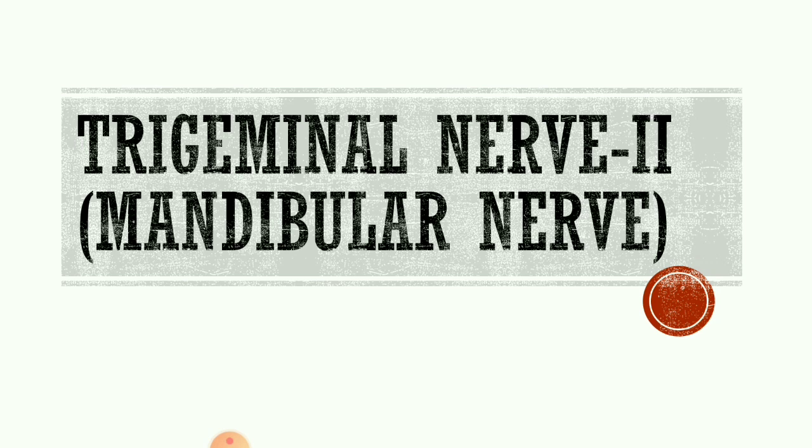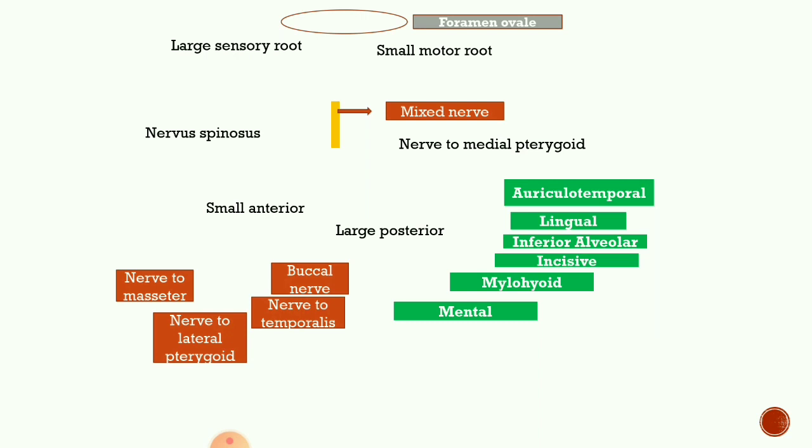So, let's move ahead. As we have seen before, the mandibular nerve consists of a sensory root and a motor root. The sensory root comes from the semilunar ganglion, whereas the motor root emerges from the pons and medulla oblongata straight away beneath the ganglion, and it exits the skull through the foramen ovale along with the sensory root. Now seeing the flow chart, just imagine out of the foramen ovale, this large sensory root and the small motor root exit the skull.